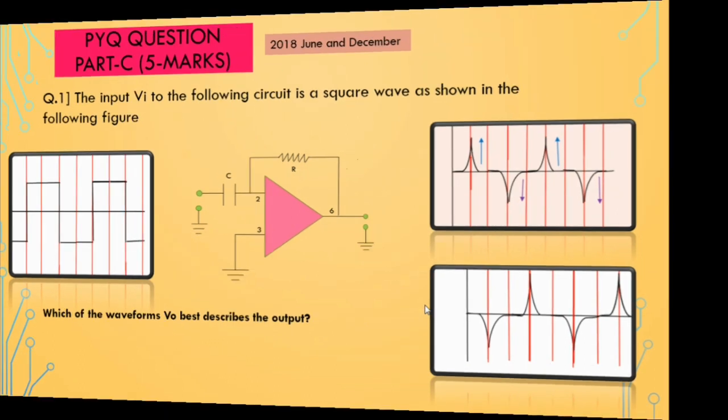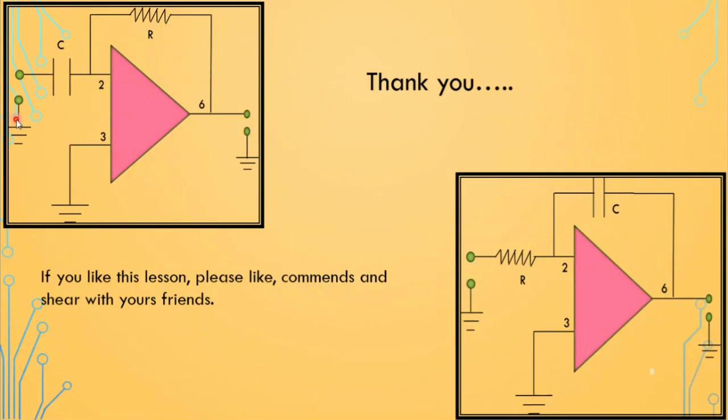So we have discussed it in this way. We have already seen that this is the circuit of the differentiator. In the differentiator, the capacitor is connected here. According to the alphabet, C comes before D, so this is CD, so you can consider this is for the differentiator. But in the integrator, the capacitor is connected in feedback and the resistance is connected to the inverting terminal. So the capacitance and resistance are interchanged. So C after D: this is the differentiator and this is the integrator.